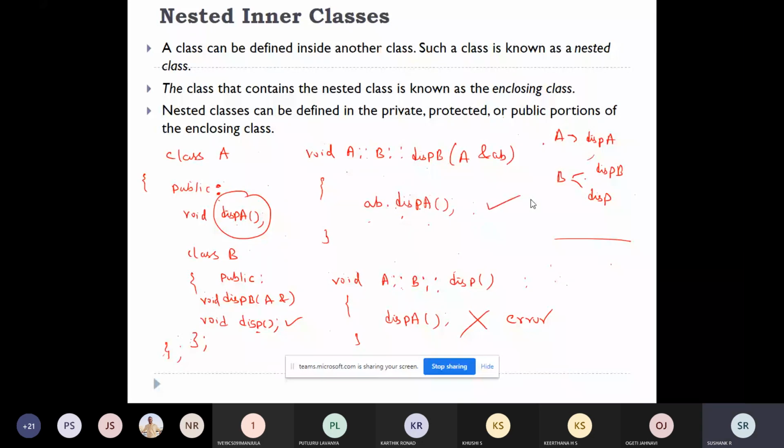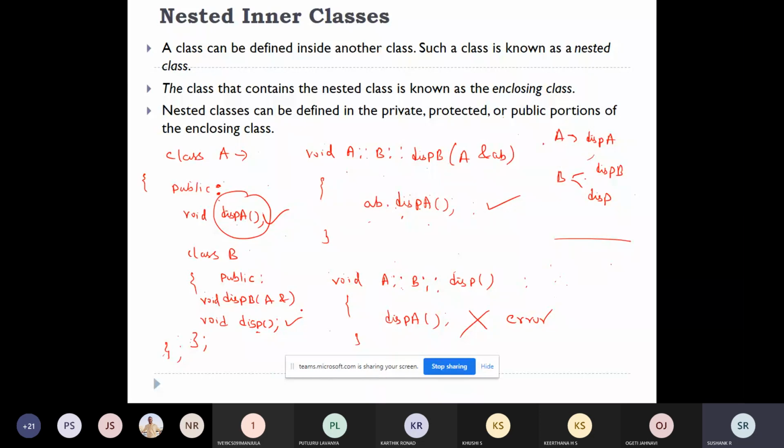Here it's okay. Why? Because the error is produced as you are trying to access a member of an enclosing object through the function of the nested class. You're trying to access the member function of the enclosing class through the member function of the nested class. That is why you are getting an error.